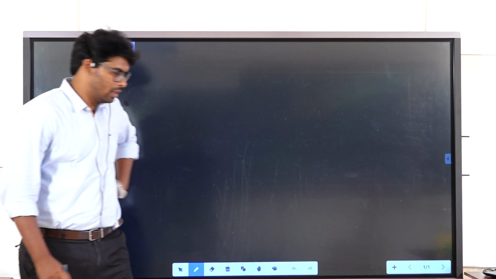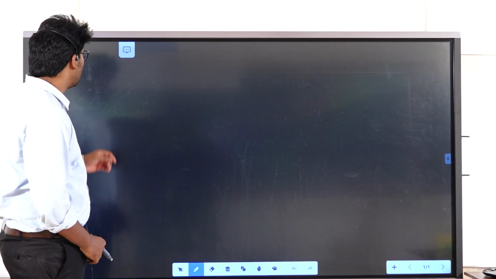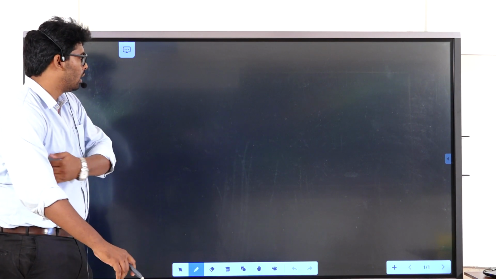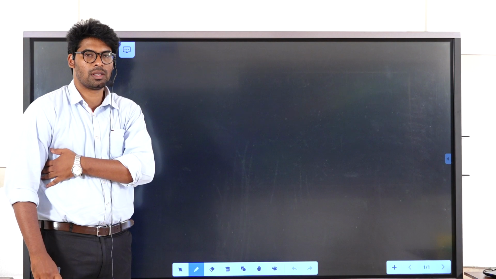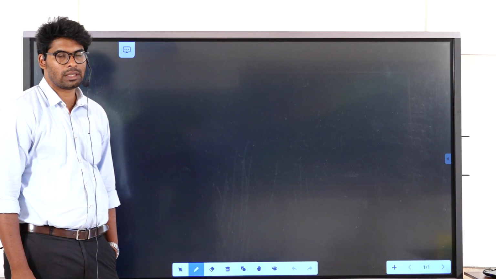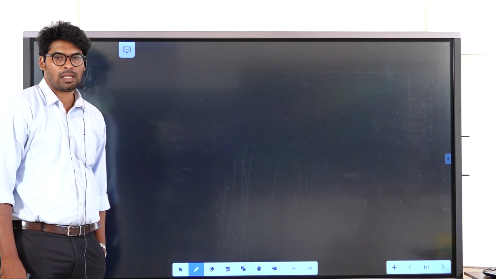So welcome back guys. In this lecture, this is the second unit. I already spoke about the first unit. We have seen a couple of things like what is a system, classification of systems, and closed loop analysis. And after that, we discussed the block reduction techniques and signal flow graph.